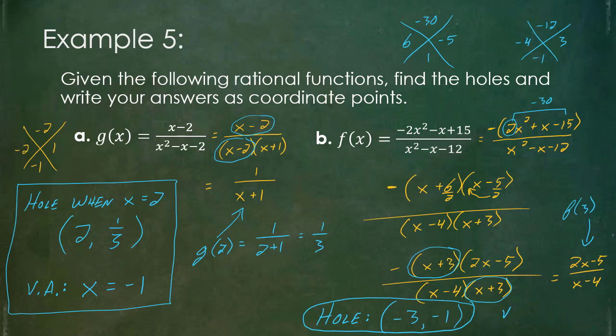And if I want to just review really quick, since there was still a factor in the denominator, I would just set that equal to 0 now for my vertical asymptote. So if I needed to identify that, notice again I waited until after I reduced to then set the bottom equal to 0, and I found my two ways that this particular graph would need to skip over those two domain violations that I would need to get rid of: x cannot equal negative 3 as well as positive 4